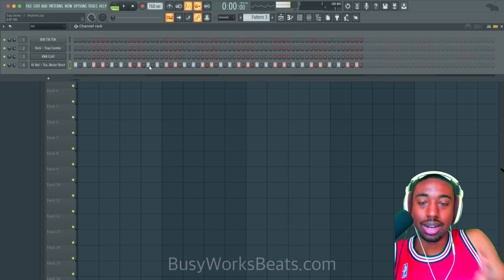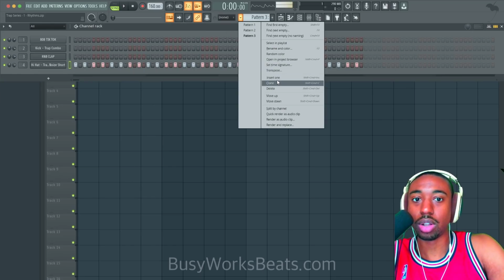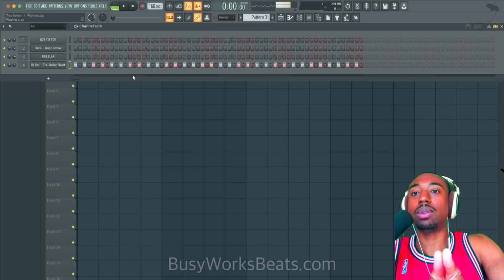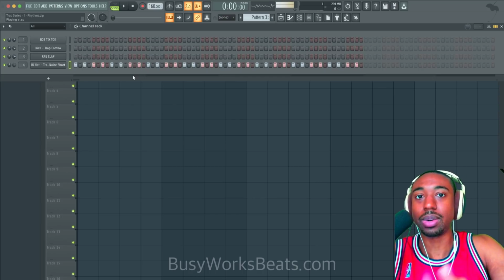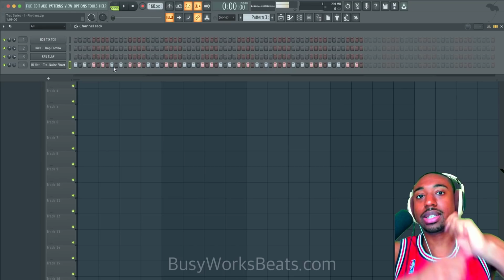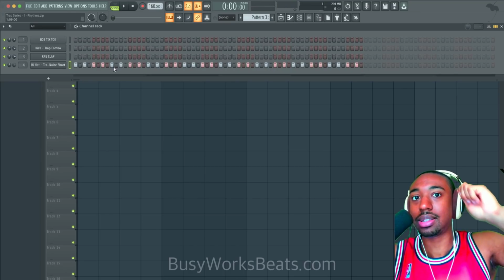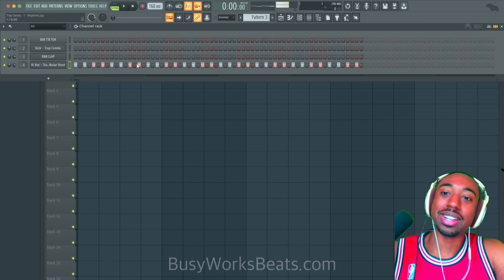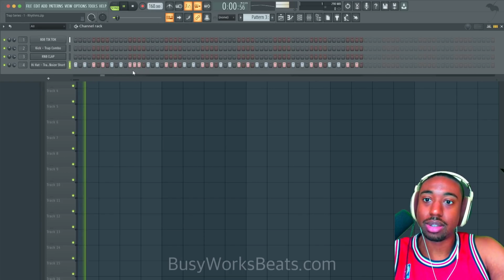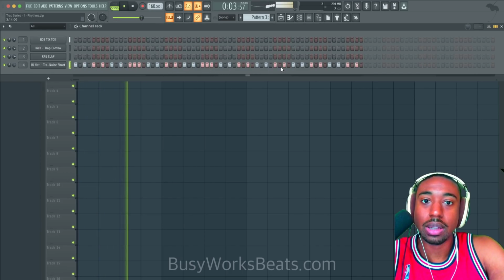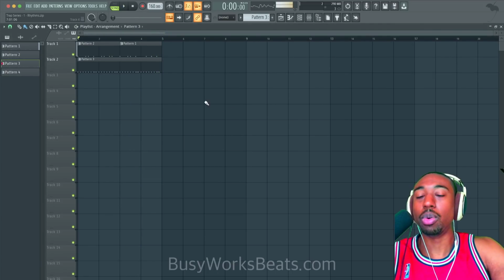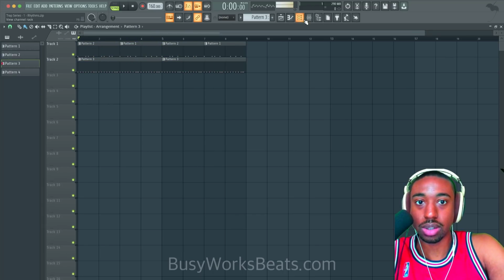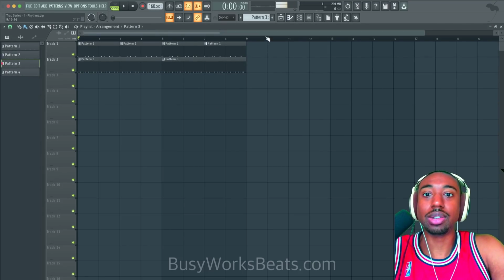The next level is the Lil Uzi Vert style, and I'll clone this so we can have all the different versions. In the Lil Uzi Vert style, we're not going to create hi-hat rolls that are super glitchy. We're not going to do the glitch hi-hat rolls. We're just going to go like that, which you can play by hand. It's not a glitch. So we're just going to left click and fill in these gaps. I've seen that more in the Lil Uzi Vert type of sound, where the hi-hat rolls are there, but they're not glitchy rolls. That's a very easy way to just draw in your rolls, so it counts as a roll per se.